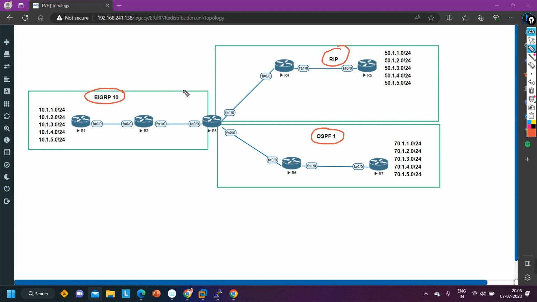By default, the prefixes of EIGRP cannot enter the RIP domain, and RIP prefixes cannot enter the EIGRP domain. In the same way, EIGRP prefixes will not enter the OSPF domain, and OSPF prefixes will not enter the EIGRP domain. RIP prefixes will not enter the OSPF domain, and OSPF prefixes will not enter the RIP domain. Yes or no? So guys, if I talk about the routing table of R3 over here, R3 will